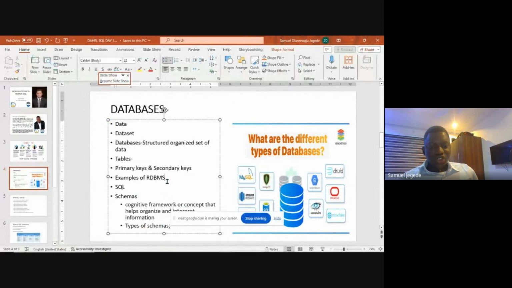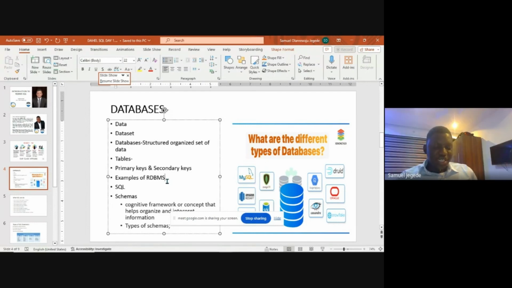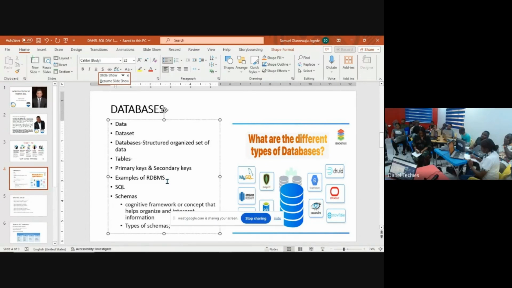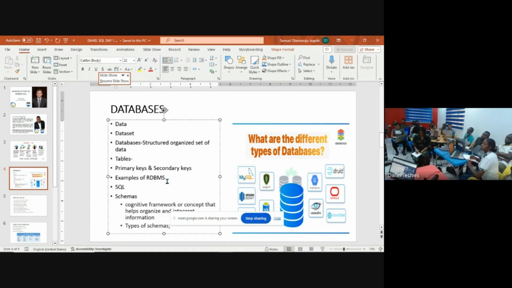So what are examples of RDBMS? I told you we have other database management systems, the object oriented, and we have the NoSQL database, and so on. So the one we'll be talking about is the Relational Database Management System. What are examples of Relational Database Management Systems?